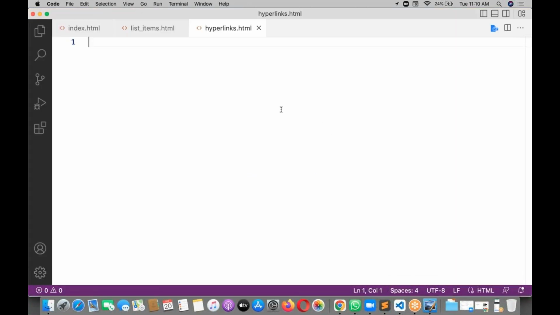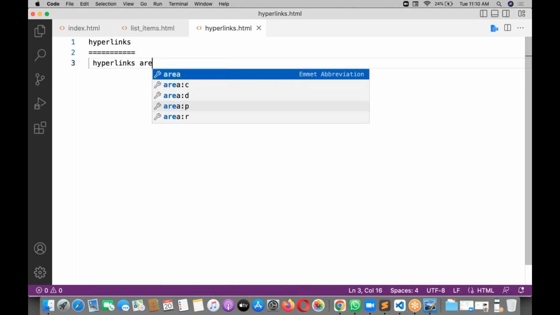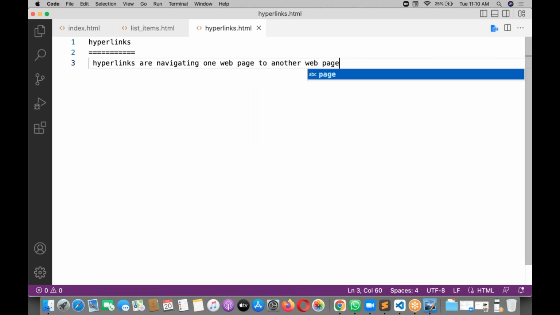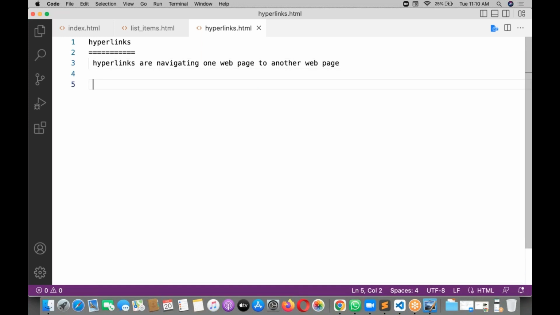Please remember, hyperlinks are very, very important. I'm just writing notes for this. Hyperlinks are navigating from one web page to another web page.